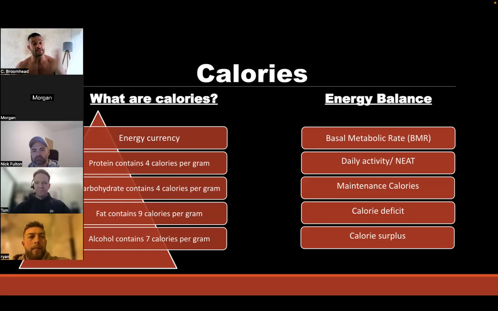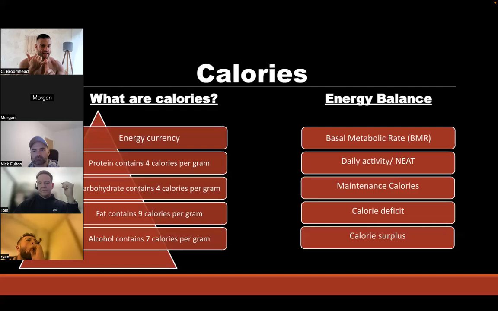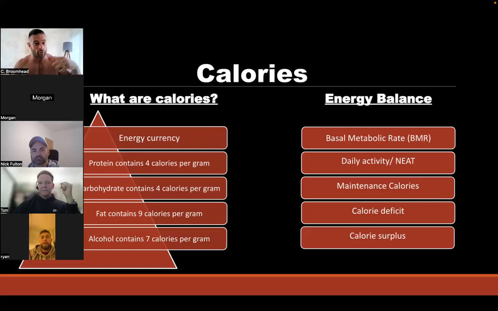And then obviously daily activity, all of us are going to be different. I know some of you guys have got desk jobs, some have got active jobs, and that will make a huge difference. And the heat also makes a difference. A conversation me and Jake had a couple of summers ago: he was really struggling to train because we were in lockdown. And it's like, hang on, you're working outside, you're training outside, you're in the sun all day. So that's extra energy that's being burnt to keep you cool all day.